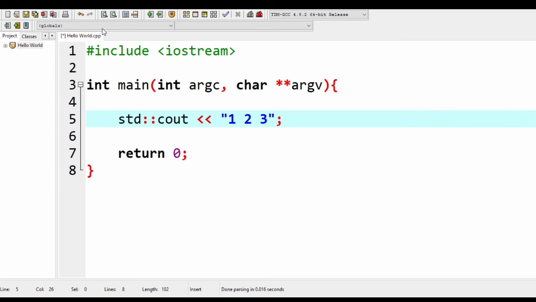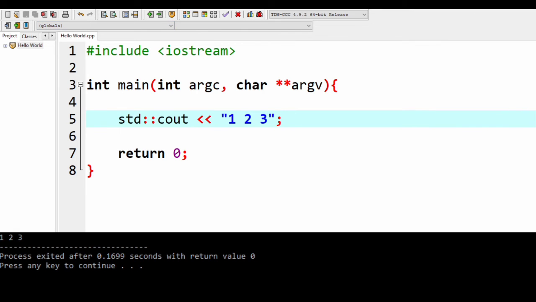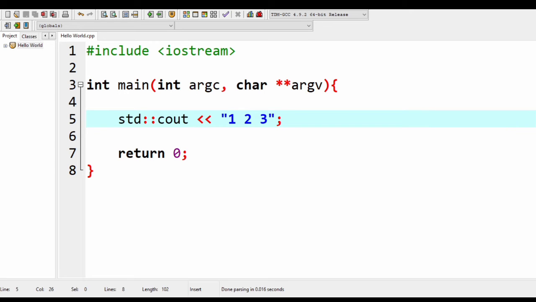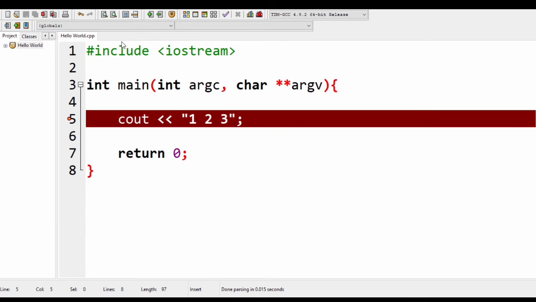If we run this, execute, click on the execute tab, and then click on compile and run, this should output 1, 2, 3. Okay, you can see 1, 2, 3. You can see, or can you not see? Oh, I see. Okay, so there. Now, what if we remove std? So what if we remove that? Okay, it did not work.